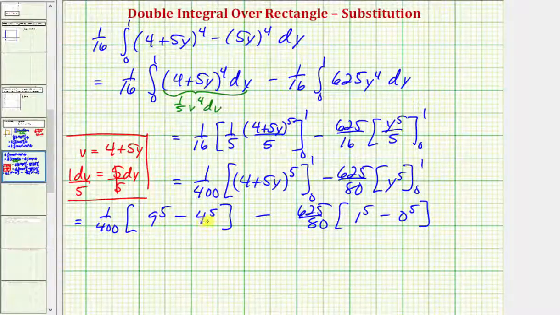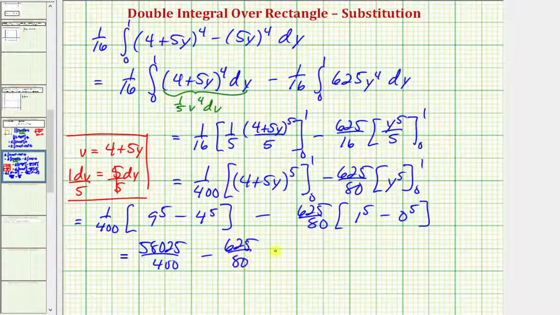Well, 9 to the fifth minus 4 to the fifth is equal to 58,025. So we have 58,025 divided by 400 minus 625 divided by 80 times 1, or just 625 divided by 80. And this difference here comes out to